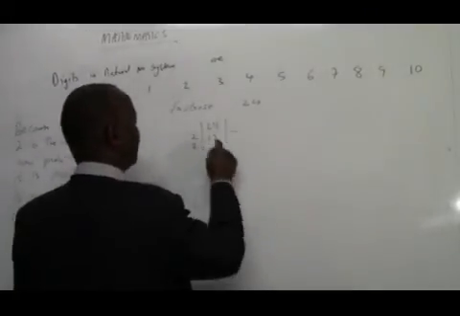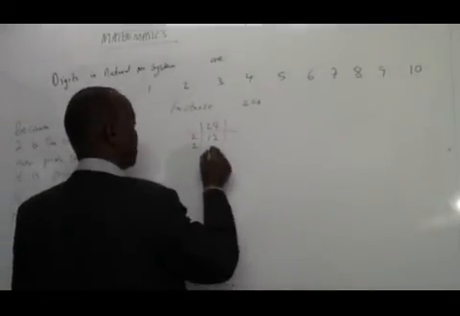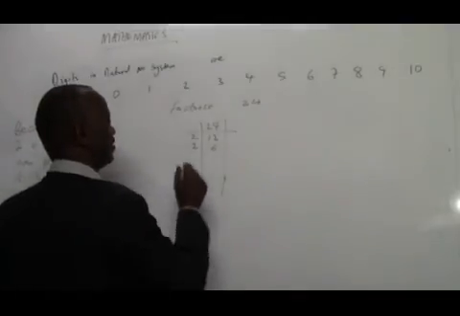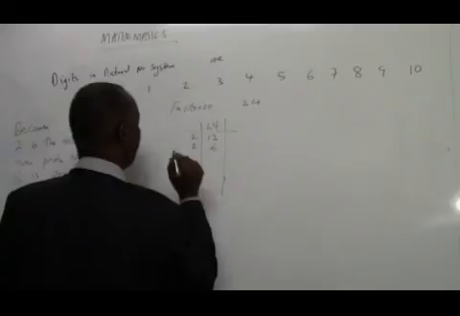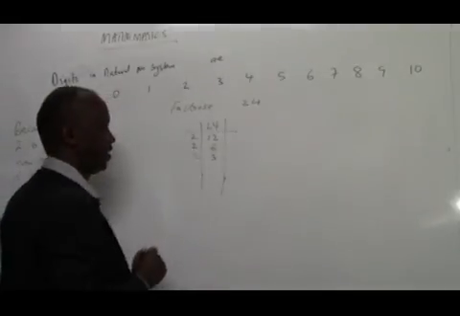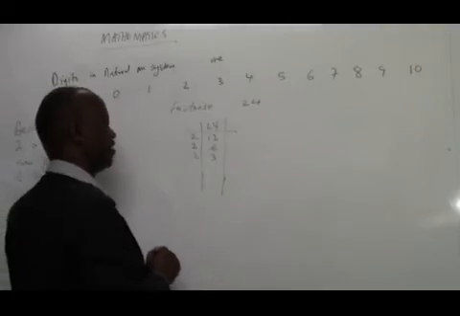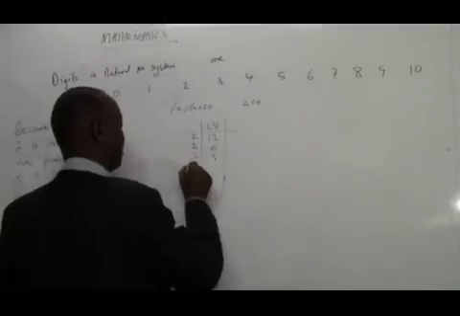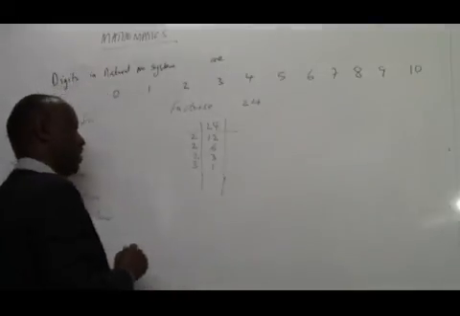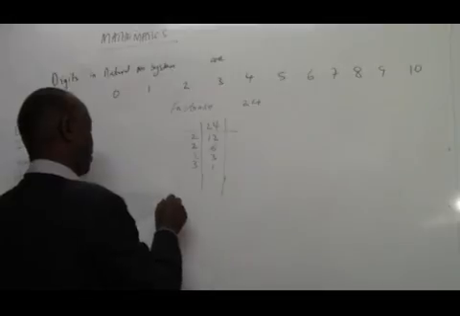So 24 divided by 2 is 12. Then 12 divided by 2 is 6. And as we continue, 6 divided by 2 again gives us 3. And finally, we cannot divide anymore by 2, so we jump into 3, and we have finished factorizing when we are left with only 1. Therefore, we can say, therefore, 24